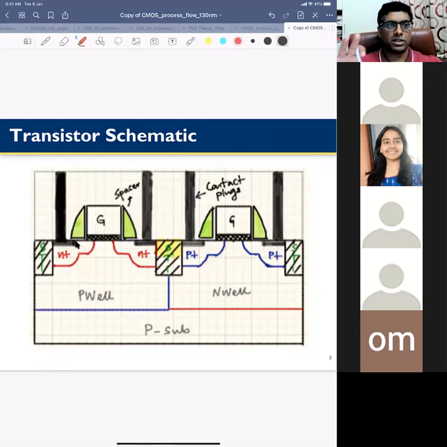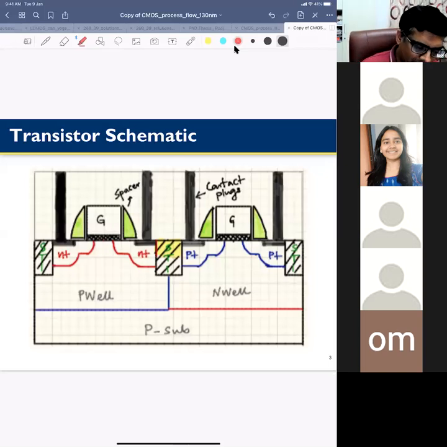Your transistors are separated by isolation. These are called shallow trench isolations. Shallow trench isolation is also used in bipolar technology. Now if you look at the source and drain of your transistor, we discussed that source is N-type and drain is N-type, but actually, to avoid short channel effects, which we have not discussed till today,